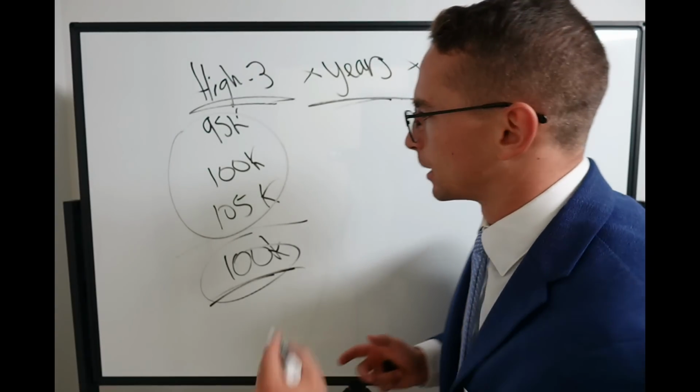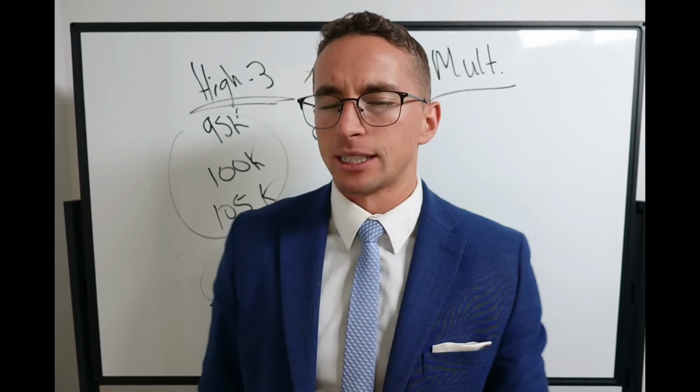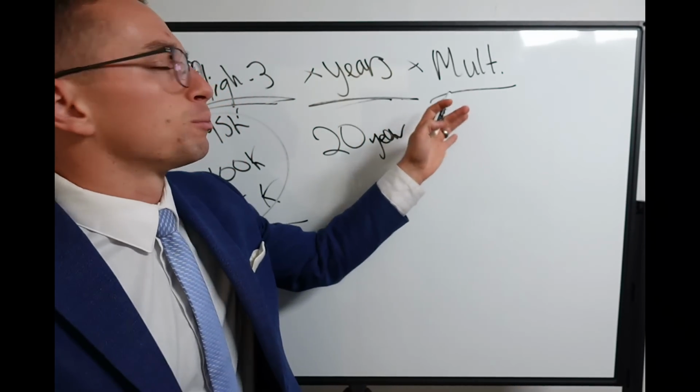So let's just do an example. Let's say you have everything added. Let's say you have 20 years, 20 years in this example. We'll use that later. Next, when it comes to your multiplier,